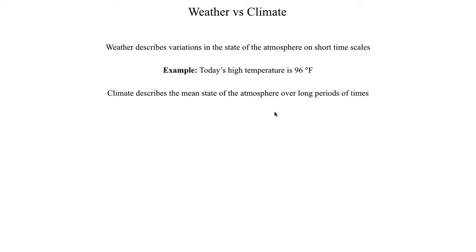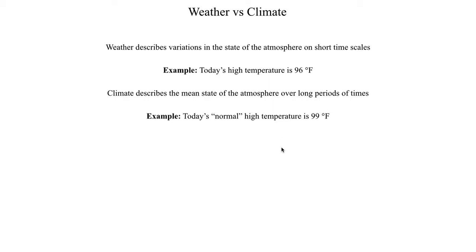The whole idea behind climate is looking at the mean state of the atmosphere over a very long time period, usually on the order of several decades, but you could also theoretically go back even centuries and look at what the average state of the atmosphere was. If we're looking at something related to high temperature, we could look at the climatology of the high temperature, which basically is, if we go back several decades, look at every high temperature that occurred on this specific day, then add all those numbers up and divide by the total to get the climatology value, or the average value.